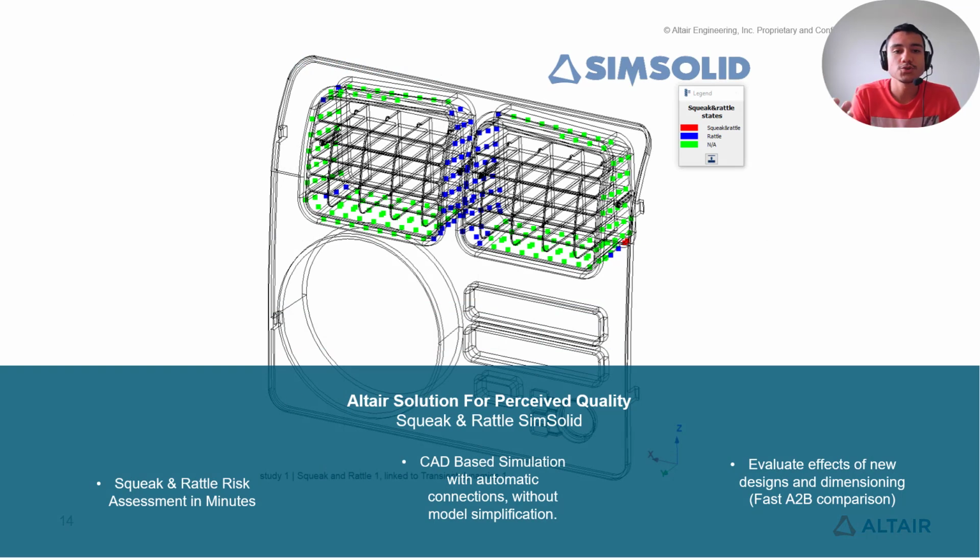And this allows us to perform the Squeak and Rattle assessment very fast. And with this, we can evaluate and compare multiple designs, as I just said, so we can do this A to B comparison and understand how I can reach an optimal final model. And this one is the one that will move on into a final validation, for example, with the traditional FE method,